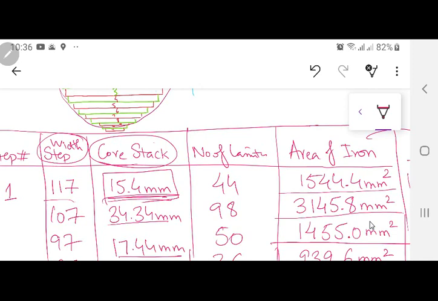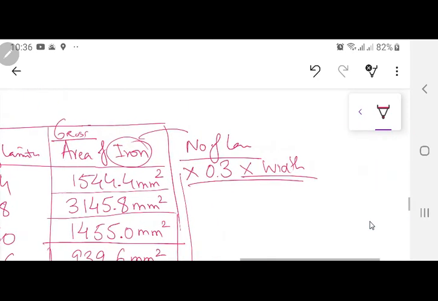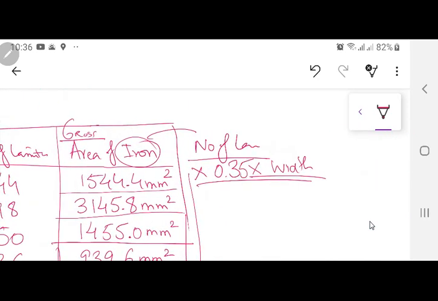And one thing very important, in the book they have not taken the iron area, they have taken the gross area, और gross area निकालने के लिए you are going to not use 0.3, you are going to use 0.35. तो अगर उसको भी कर लो तो you will actually get AG not AI, so this will give you AG। अब आ जाएगा? नहीं, ऐसे देखो आप या चाहे आयरन एरिया निकाल लो या चाहे ग्रॉस एरिया निकाल लो, इट्स टोटली अप टू यू।